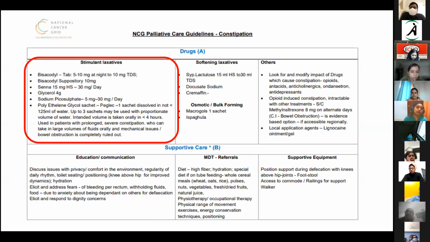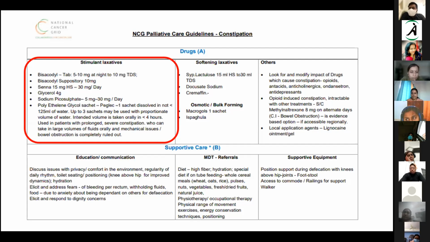Suppositories: senna is available in certain areas in India. You could still consider it. Glycerol suppositories help in a much better way because they help in softening of the stools as well as act as a stimulant laxative in the rectum. You might have heard or may not have heard about sodium picosulfate. It's available either in tablet form or in combination with liquid paraffin, sold under the brand name Cremaffin Plus. We usually tend to prescribe this combination to every patient who is on opioids so that you prevent any issues of constipation in such a patient.